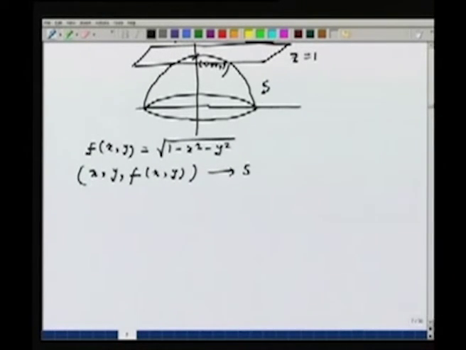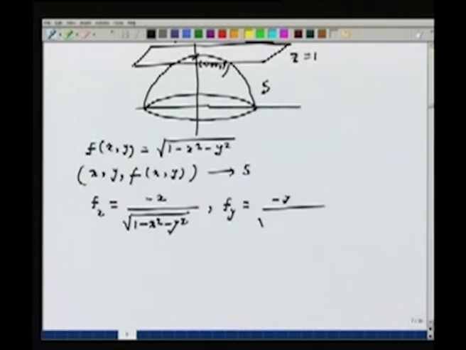Now if I want to calculate the tangent plane at (0, 0, 1), I can use my previous formula. For that, what I will need are f x, which turns out to be minus x by square root of 1 minus x square minus y square. I will also need f y, that is minus y by square root of